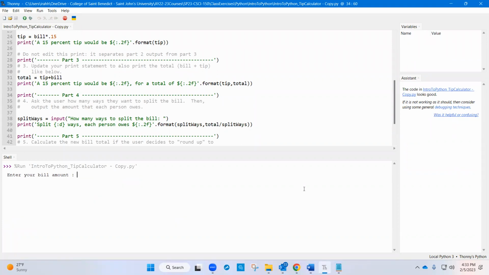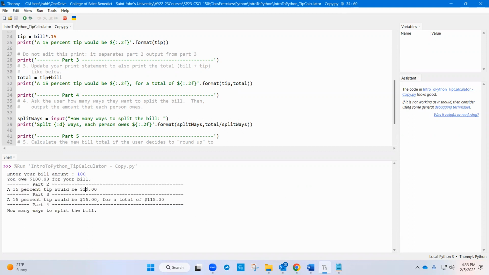So I'm going to enter $100 now just for simplicity. My tip would be $15, so the total would be 115. And then if I say how many ways to split the bill, if I say one way,